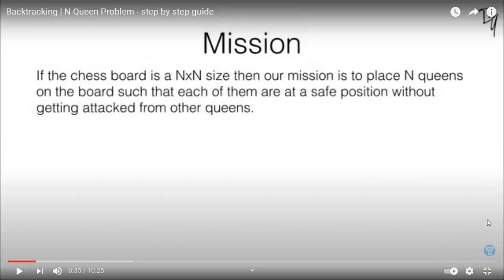So the objective is, if the chessboard is n by n size, then our mission is to place n queens on the board such that each of them is in a safe position without being attacked by other queens. So if the board size is 4, there would be 4 queens. If the size is 8, there would be 8 queens. Simple.